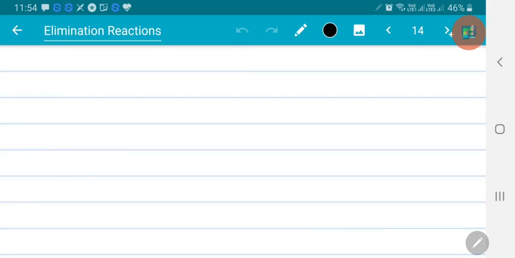Let me take an example. So if I have taken CF3CHCl2, now see here, because of withdrawing groups, two chlorines are there and the next carbon possesses CF3, right? Therefore this hydrogen is a more acidic hydrogen. So a more acidic hydrogen is present and poor leaving groups are present. Fluorine is a poor leaving group, so alcoholic KOH. See here, this is the alpha carbon, this is the beta carbon. On the beta carbon, more acidic hydrogen is there, right? And there is a poor leaving group at the alpha position, right?